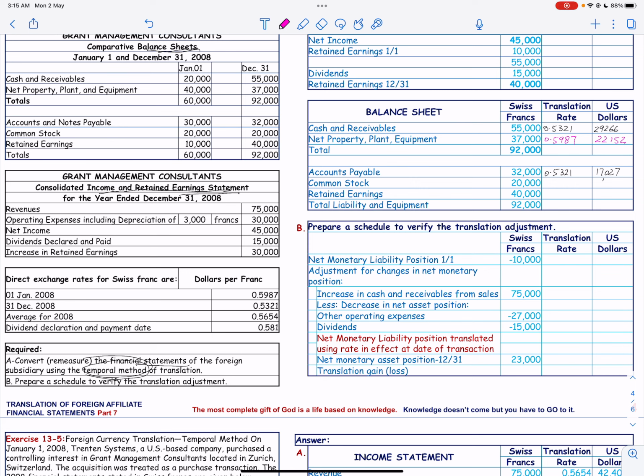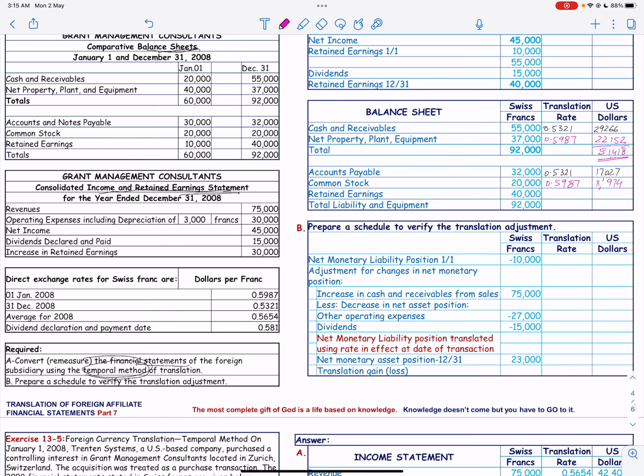So we have 20,000 and the historical rate is 0.5987, and this is equal to 11,974. We make the total of the assets, and this is 51,480,